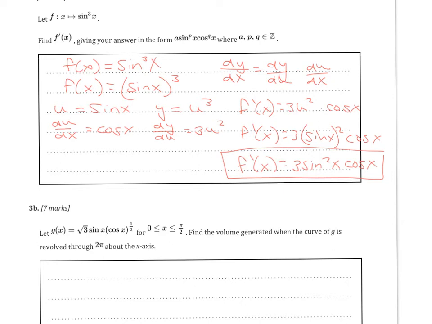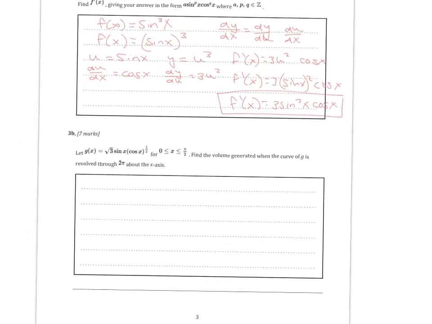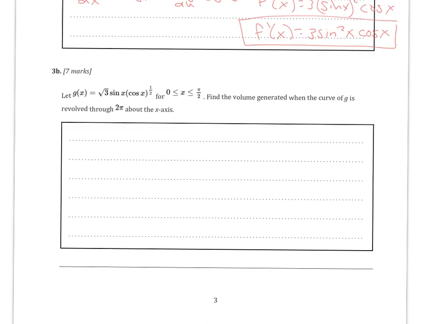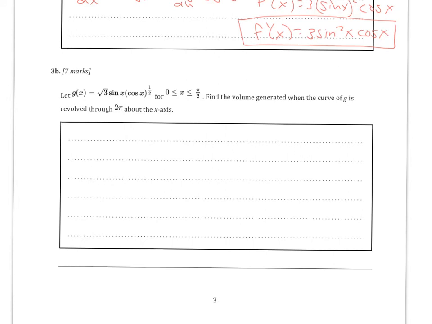So in order to set this one up, we are going to need to think back to finding volumes of revolution. It's rotated 2 pi, which means it's rotated a full circle. The equation for volumes of revolution is from A to B of pi y squared, because that comes from pi r squared, right, the area of a circle, because it's revolving,